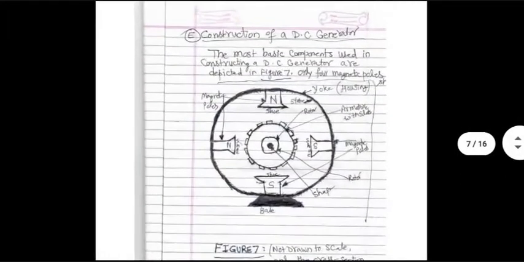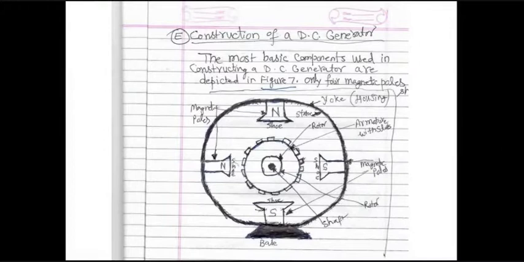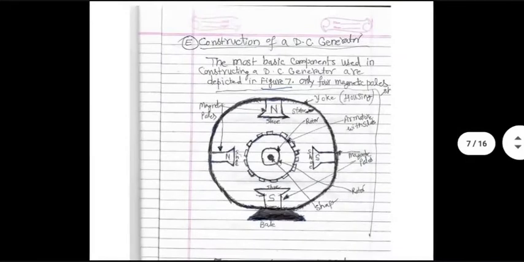Now, this is a very simplified description of how a practical DC generator is built using the principles we have already looked at. You need a large number of loops. So all of them are mounted in slots on a rotating shaft, which I'm showing in the center. The outermost portion is known as the stator, S-T-A-T-O-R. It does not rotate. It has magnetic poles bolted inside. I have shown only 4 poles. It could have been 6, it could have been 8, it could have been only 2. It all depends.